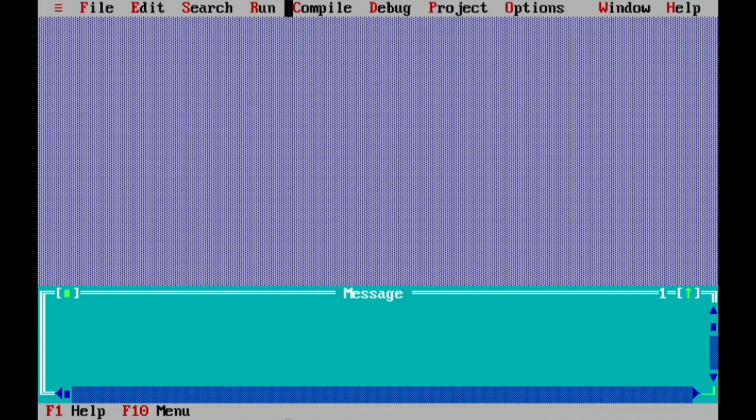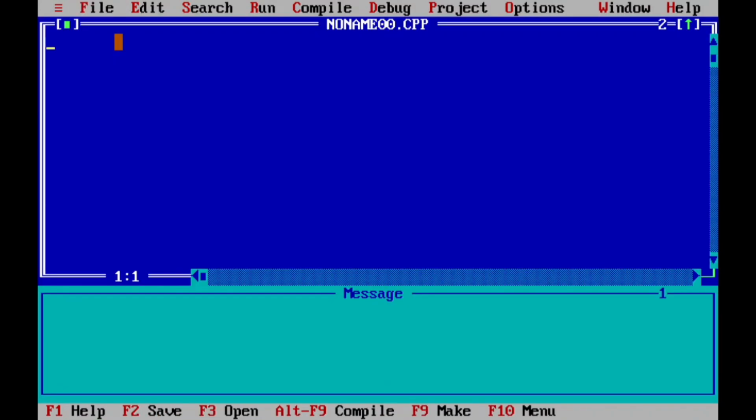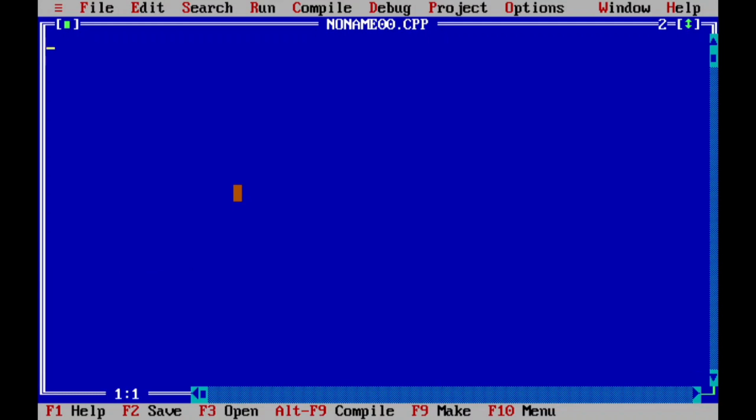See here, this is the menu bar, file menu. Select new to write programs, new. Then the C window to get full screen, shortcut is F5. See here, NONAME.CPP. What is the extension here? CPP. But I want to write C programs. Here the extension .cpp means C++.